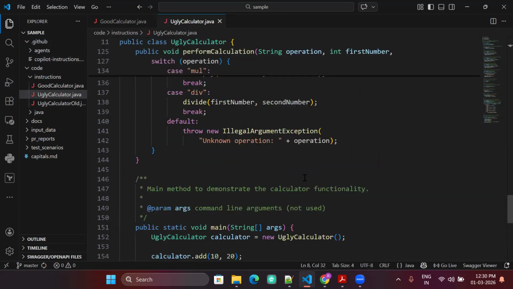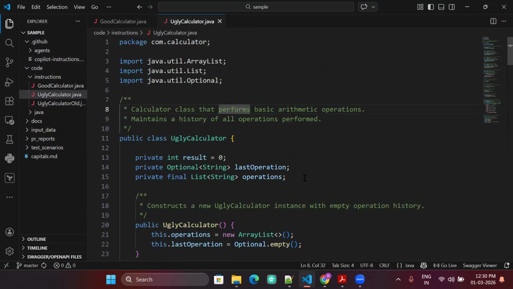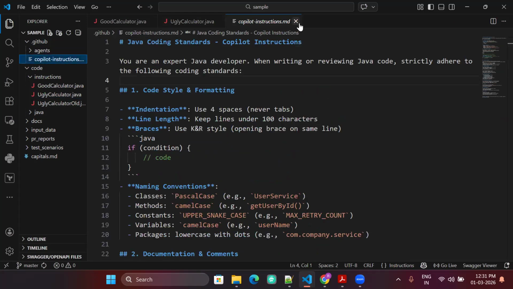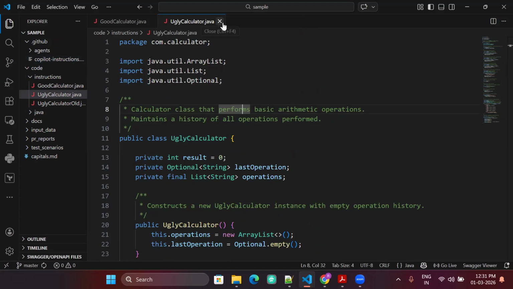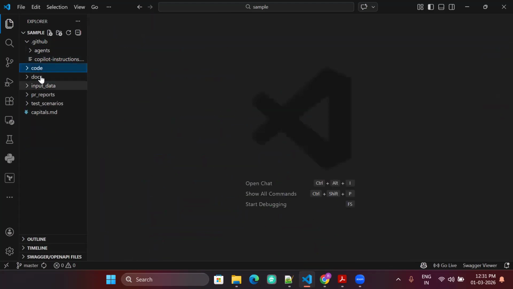So every company has certain coding guidelines, coding practices, and other things. And if you want that developers don't skip that, you can create some kind of Copilot instructions file. So Copilot instructions files help you do these kind of things. So now, why do we need agents then? If the Copilot instruction file is sufficient, why do we need agents?